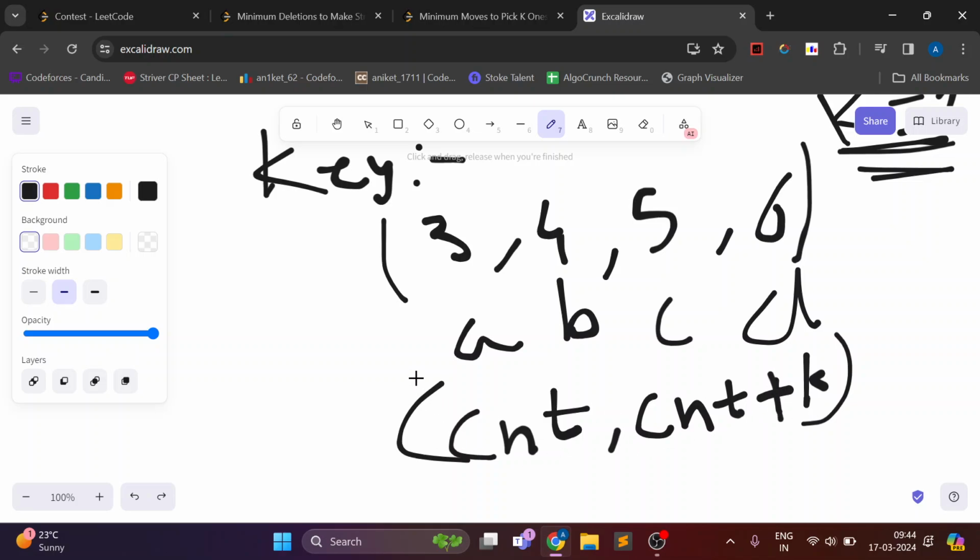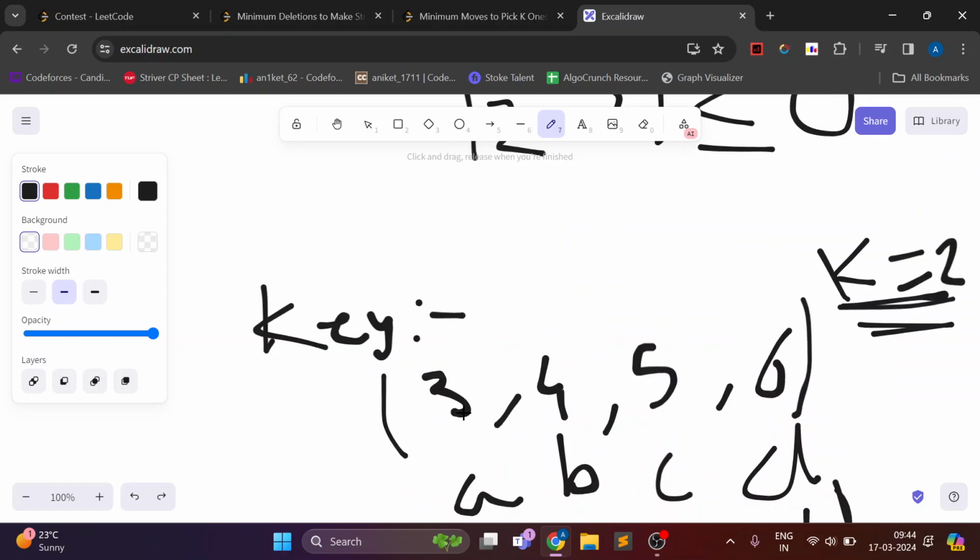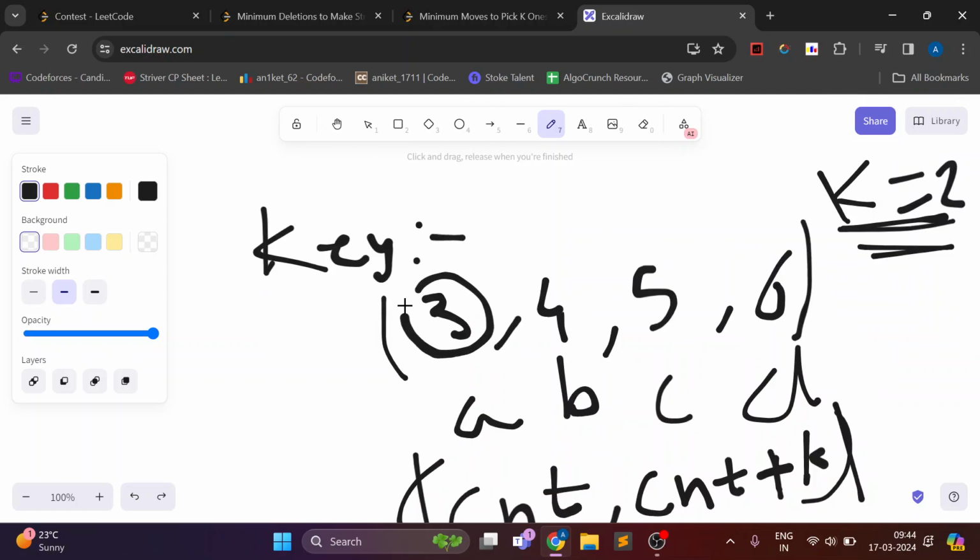Because if we take the elements which have frequency in this range, the absolute difference between any pair of frequencies of characters will always be less than or equal to k. So if we fix the minimum frequency of a character, we can say that we have a range of frequencies. So 3, 4, 5 satisfies our